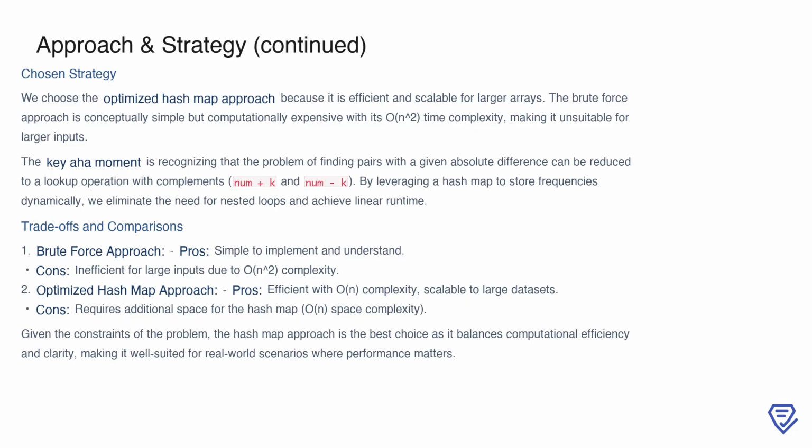The key insight here is recognizing that finding pairs with a given absolute difference can be reformulated as a problem of checking for complements in a hash map. This not only eliminates the need for nested loops but also ensures that the solution remains performant even for larger arrays. Comparing the two approaches, the brute force method is more intuitive but computationally expensive, while the hash map approach